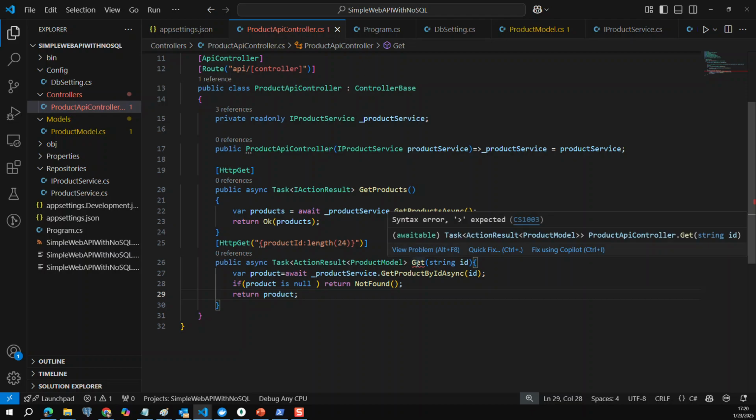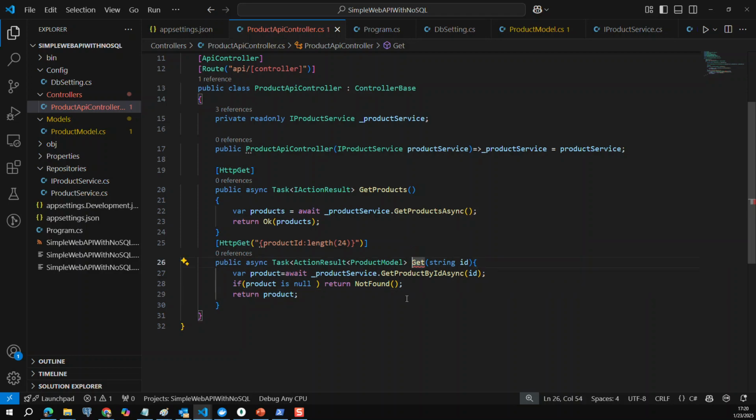Oh, sorry, I missed the bracket. So it is get all API. It is get by ID. Also after that, I also need to create the post API. So HTTP post, in the HTTP post, I also use it for the action. Also this is the create